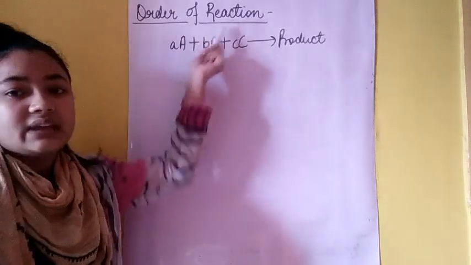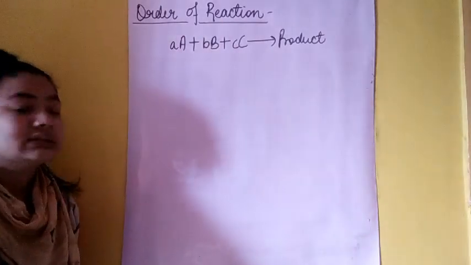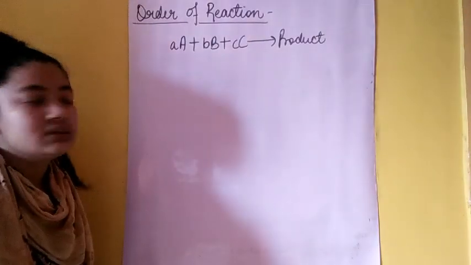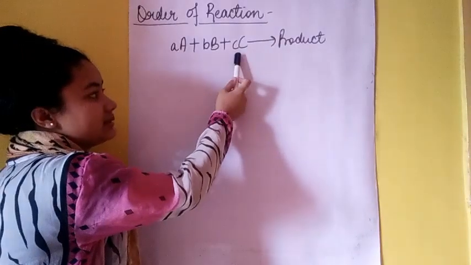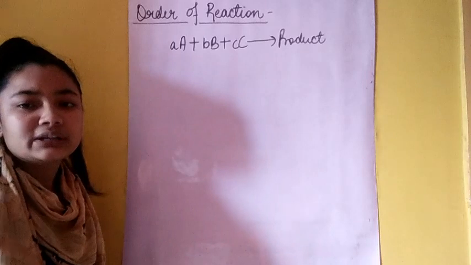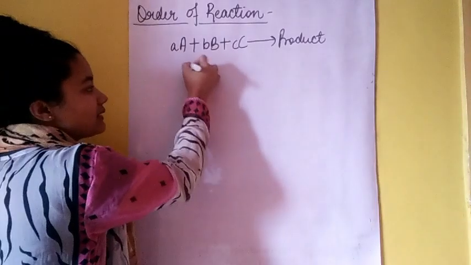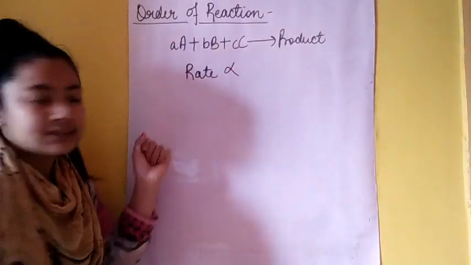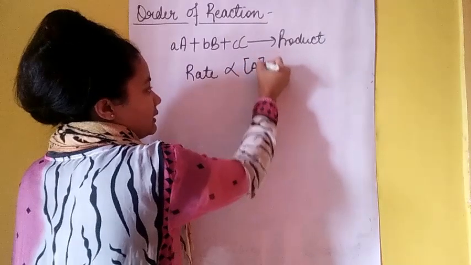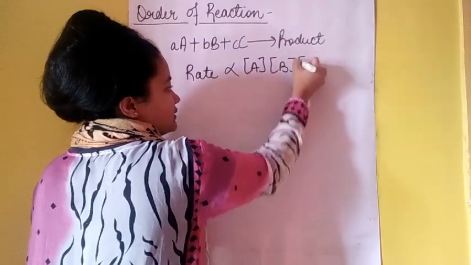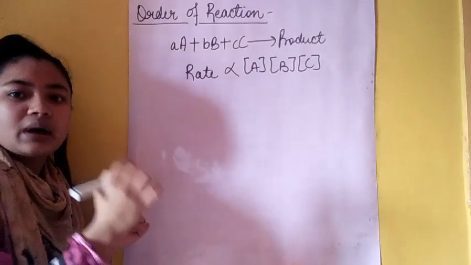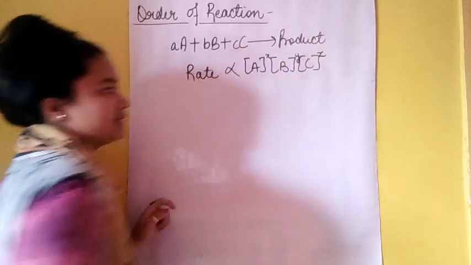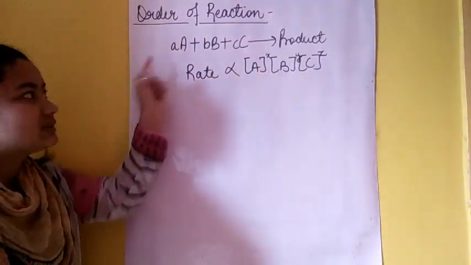Now next is order of reaction, right? Now what is a order of reaction? So suppose this is a chemical equation in which these are the three reactants and it gives suppose any product P. Okay, now how will we write rate law of this? Rate is directly proportional to the concentration of reactants. That means concentration of A, concentration of B and concentration of C, and raised to the power some exponent, that X, Y and Z. Right, now this is the rate law expression for this reaction.